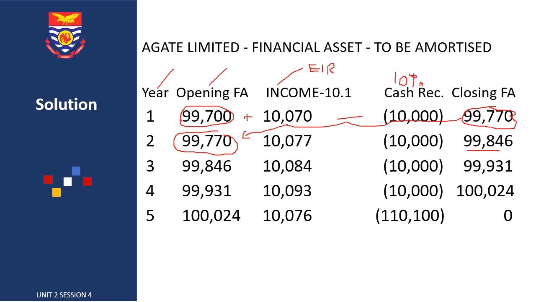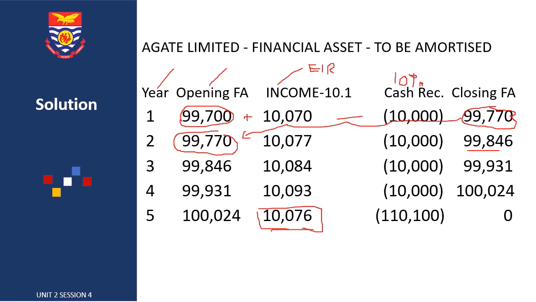Now when you get to the last year, the opening financial asset for the fifth year will begin. Then you come to the effective interest rate. Here, you hold on with this figure. You don't calculate the 10.10% straight on this, but this is how you do it. This is the last year. This is the maturity date. So at the end of the 5th year,